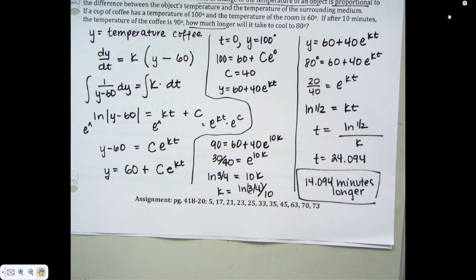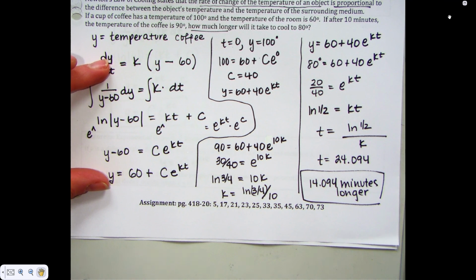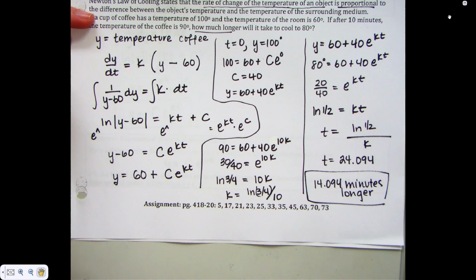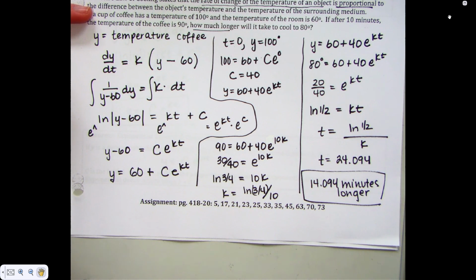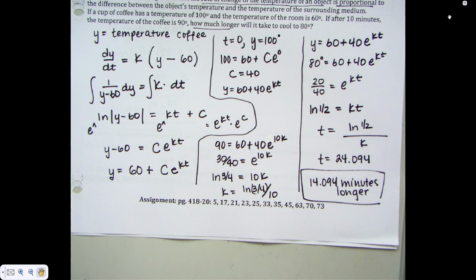So anyways, most of the questions are exponential growth and decay, and you do not need to go through this whole process every time you're using that traditional model. You would need to redo the process if you have any sort of statement that gives you a different ratio for your proportionality. Work through them, use the rest of the hour to do so,